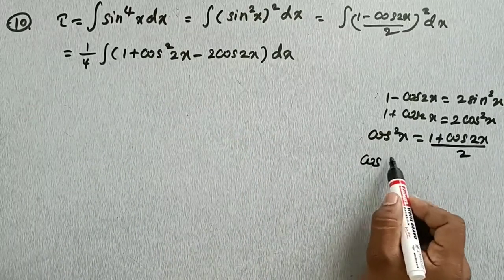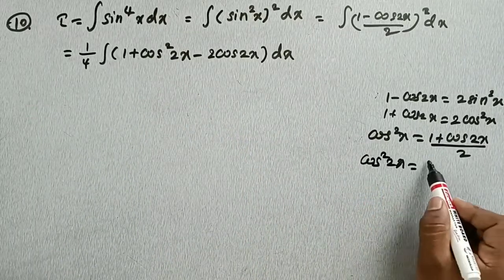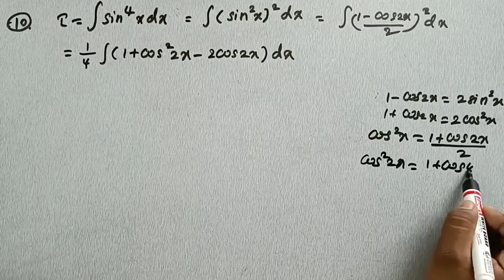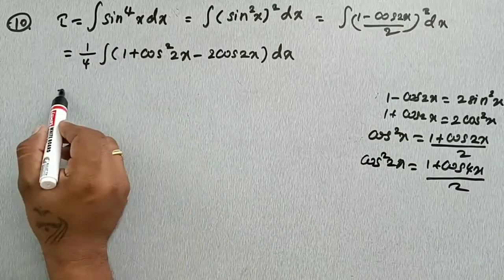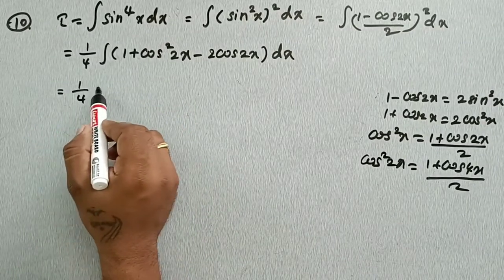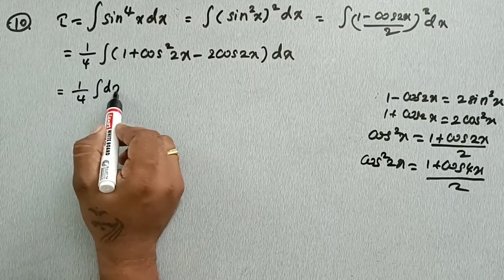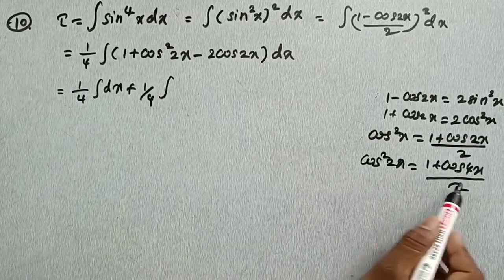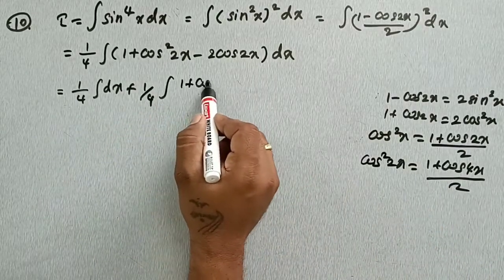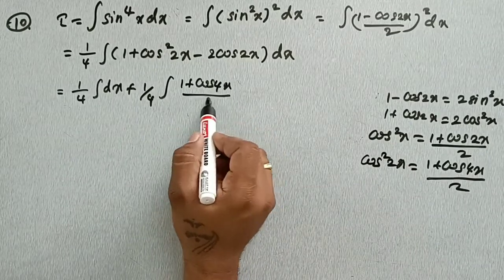So cos square 2x can be written as (1 plus cos 4x) divided by 2. Now we'll separate the integral: 1 by 4 into integral dx, 1 by 4 into integral of (1 plus cos 4x) divided by 2,